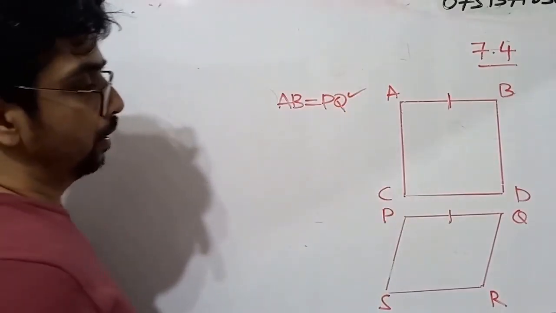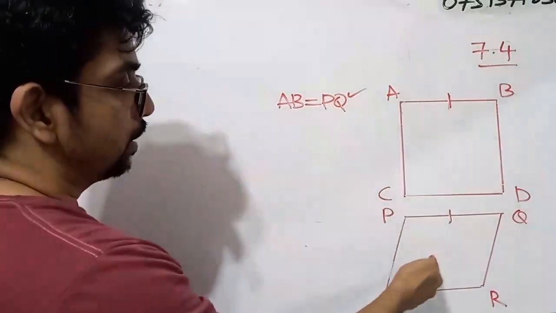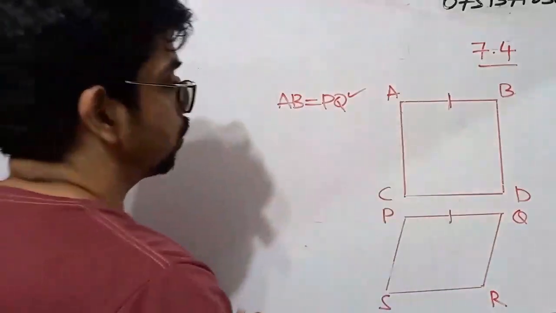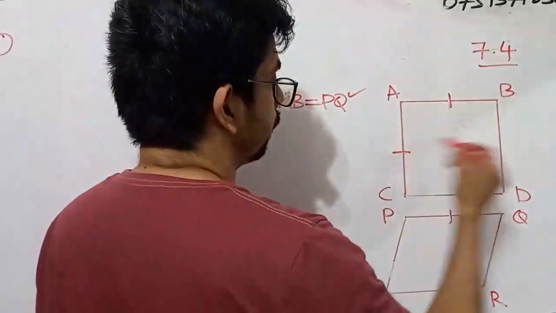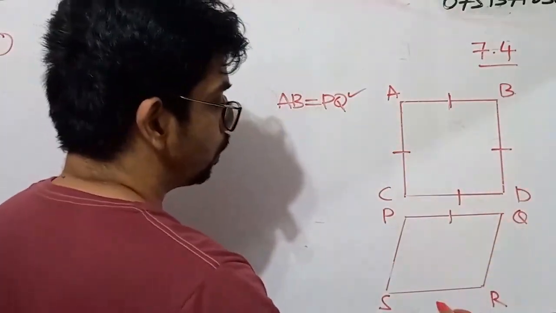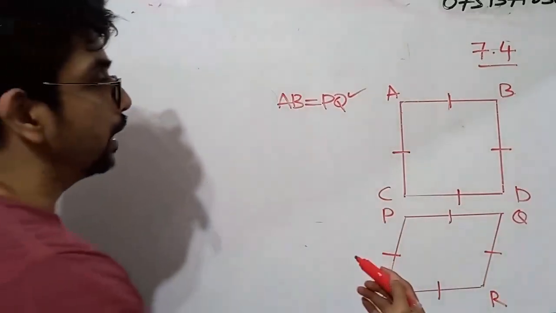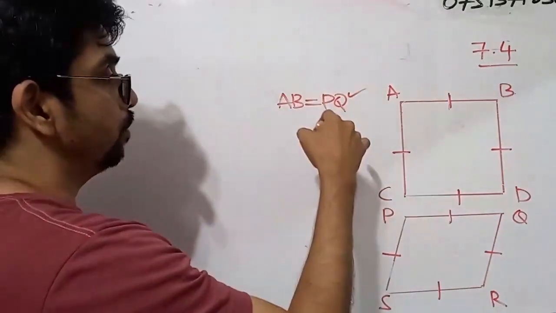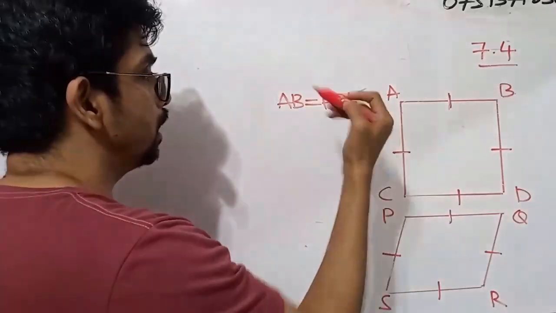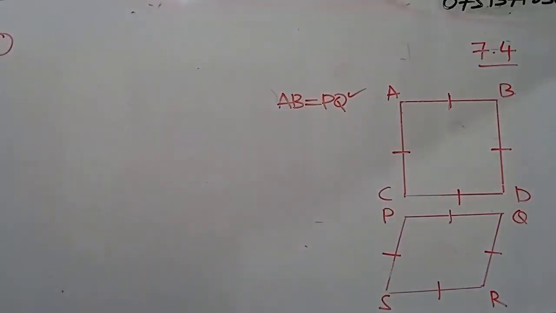Right? So this is a square, this is a rhombus. So we know in a square all sides are equal in length. Rhombus also the same thing. And there's another thing related to this question which is given to us. AB is equal to PQ. Using axiom number 4, show that the perimeter of the square ABCD is equal to the perimeter of